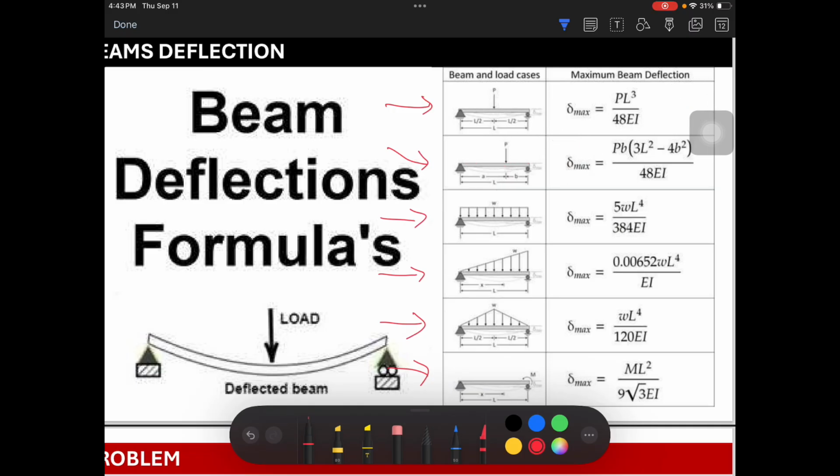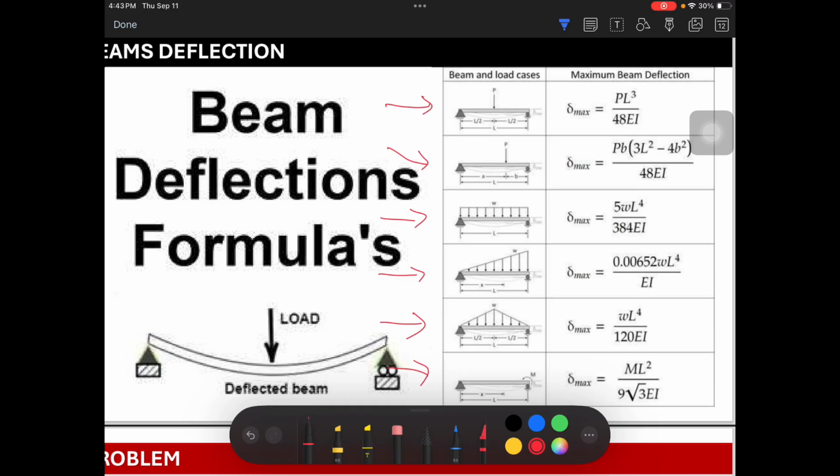Let me show how to use it. When the concentrated load is applied at the middle, you just substitute the parameters or variables. Your P is the applied load, and L is the total length of the beam, raised to 3, over 48 times EI. So it's fairly easy, but when your force is applied at any point on the beam, you have to strictly follow this